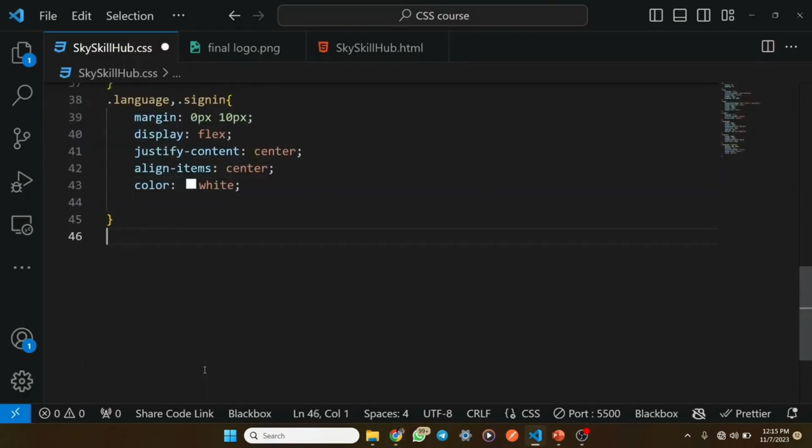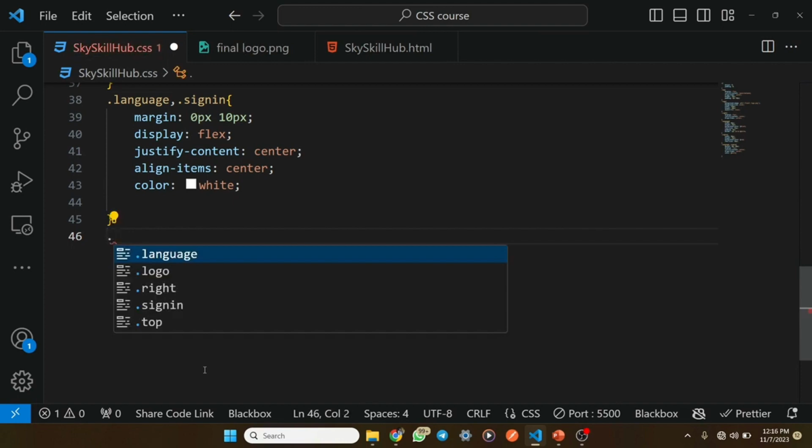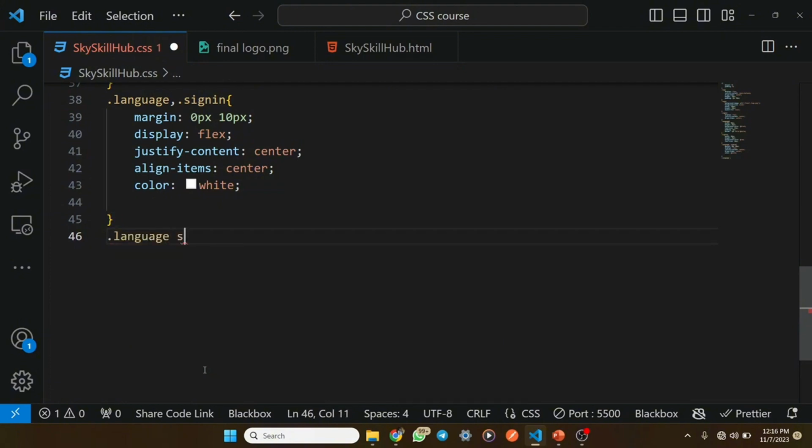So now that we're done with this, we're going to continue with other classes. Now we're going to have language select. We're going to style the select tag that is inside the language class. So now we say select,